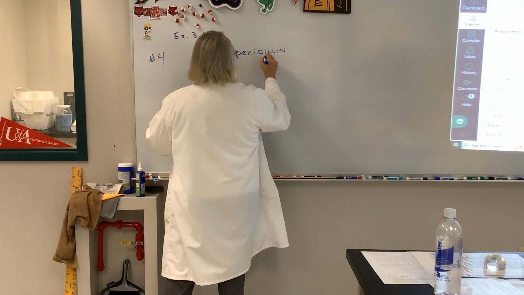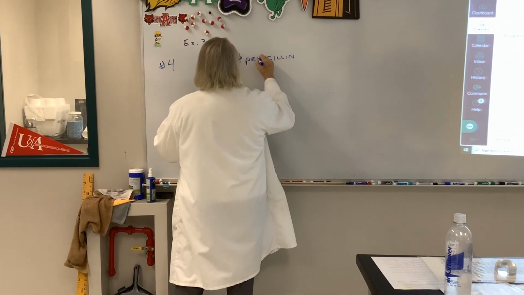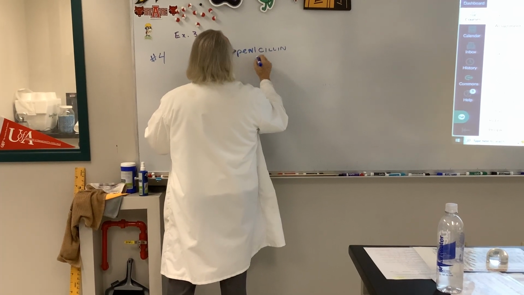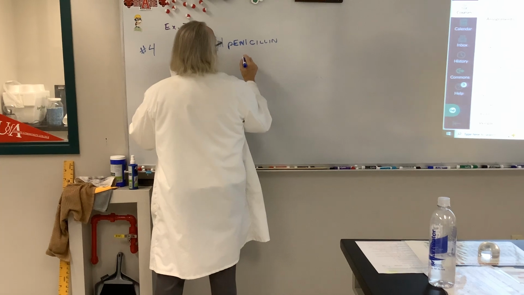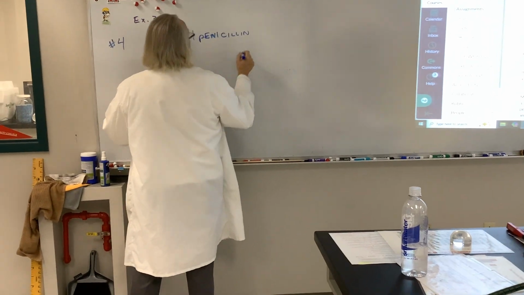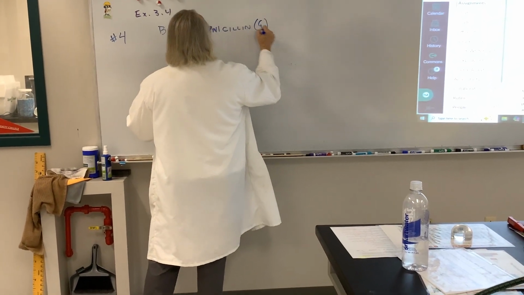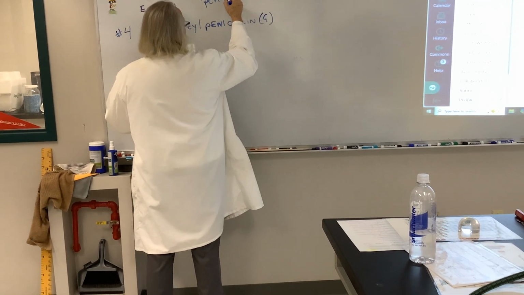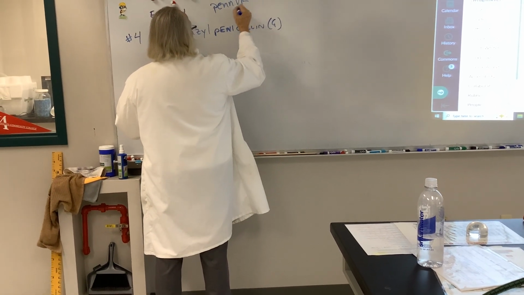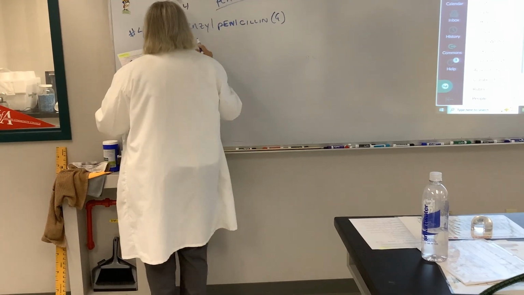A lot of people spell it wrong. Should keep my lowercase and capitals consistent. So penicillin, also known as penicillin G, as opposed to Pen-VK, that's the one you take in the pills. Anyway,